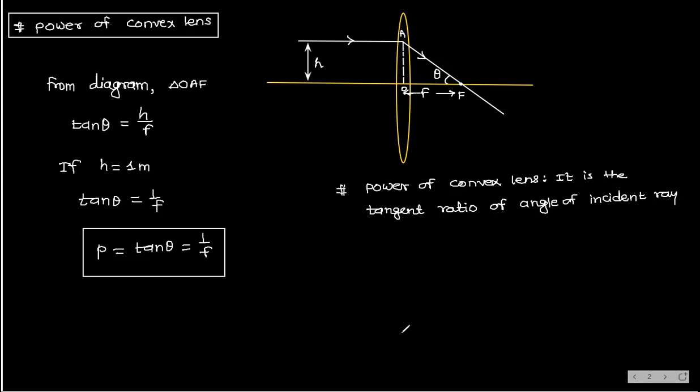And how else will we write? Wait. It is the tangent ratio of angle of convergent ray. We will say convergent ray, right? Angle of convergent ray